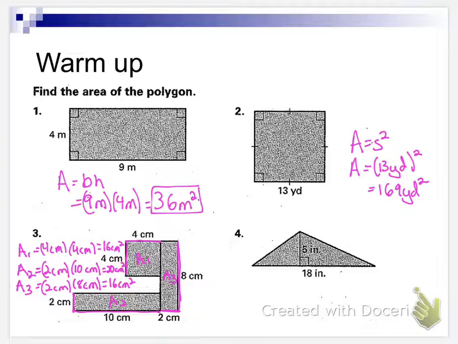Once again, with this, we see that 16 plus 20 plus 16 is going to give me 52